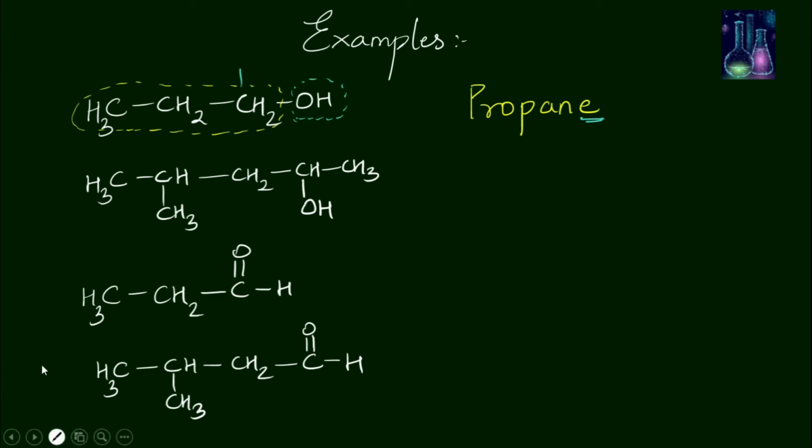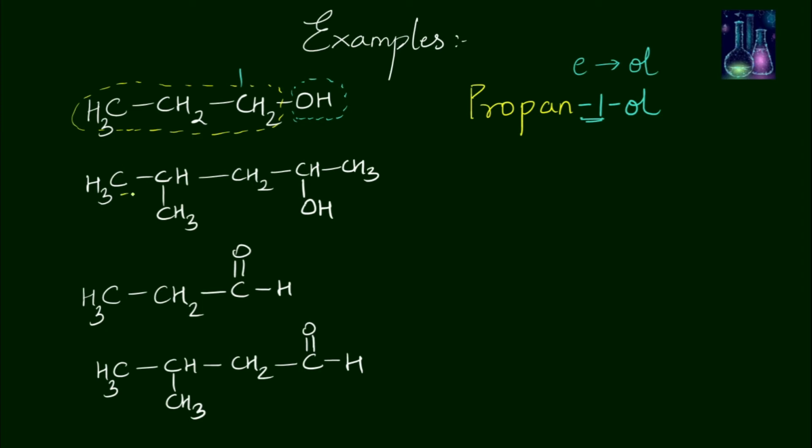So therefore the name of the molecule will be, let me erase it. E is replaced by OL. Now it is at the first carbon, therefore I will put -1-OL. So this is a modification that you have to do. You have to replace E by the suffix that is provided for the functional group. In this case it is OL. Now see the next example.